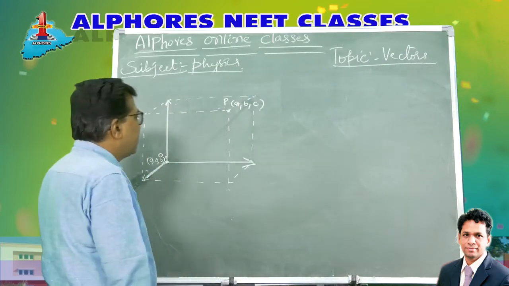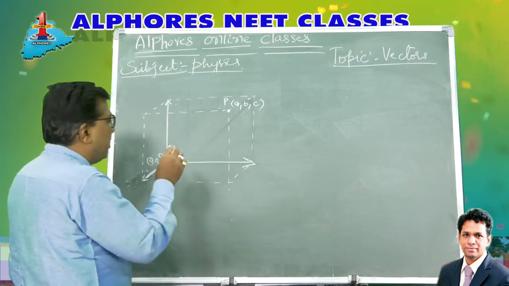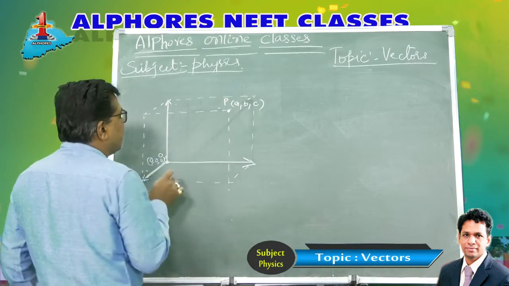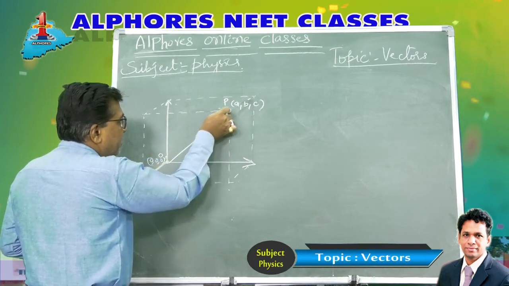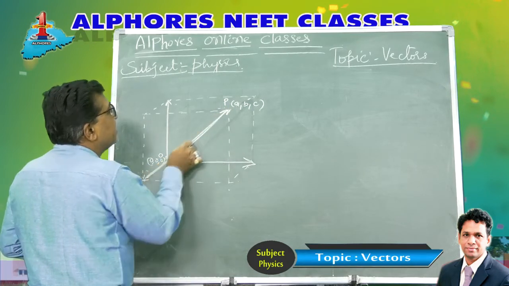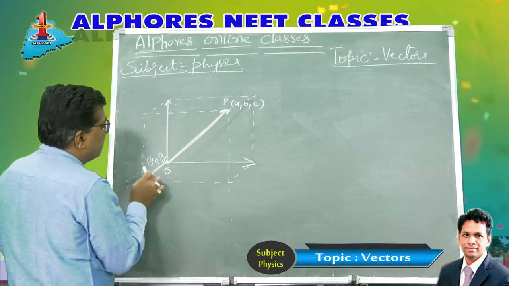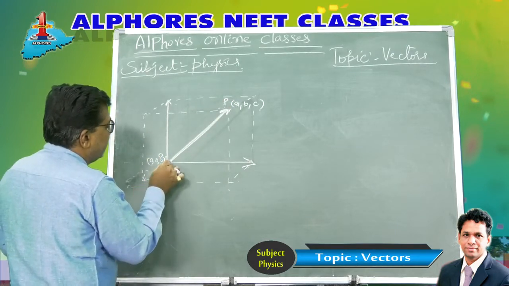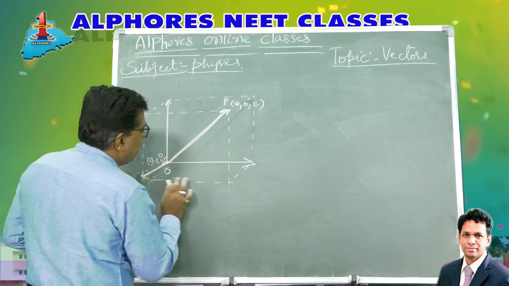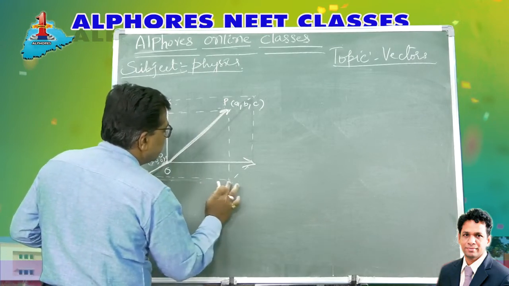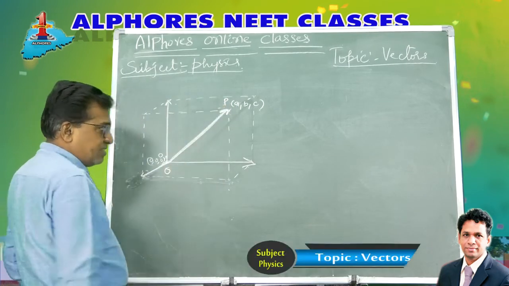Then, with respect to that point, he is asking you to find out things regarding the point P. So the point is A, B, C. Now the position vector of this point P is this vector, OP bar. Our Z direction is this side, please don't get confused, it is this side, and our vector is OP bar like this, right?